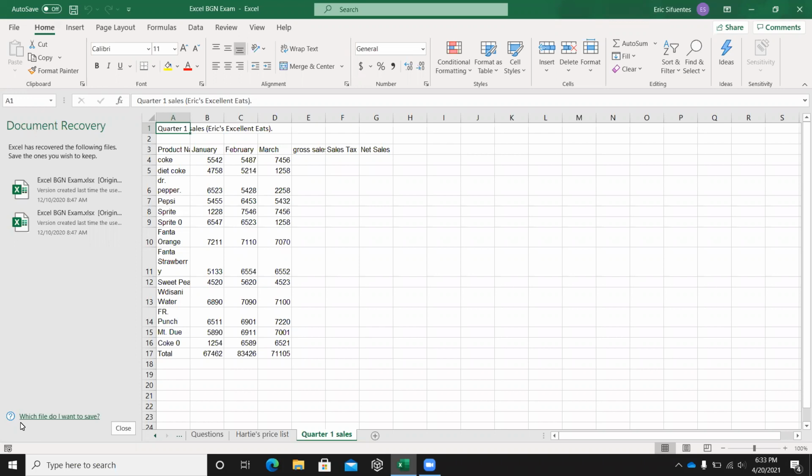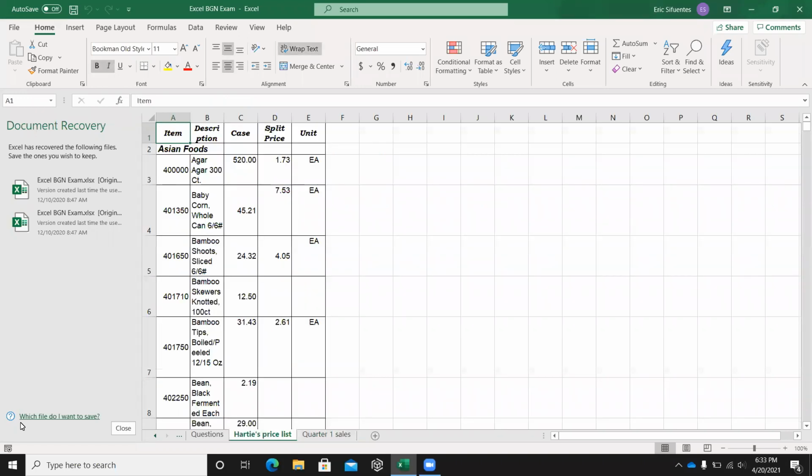So we'll look at that. And we're also going to look at other concepts such as flash fill, go to, and the find dialog box. So let's start here with the previous worksheet that I have in my open workbook. Hardy's price list. Let me turn down the speech a little bit. Slower. Cool. So this is a mock inventory of a grocery store